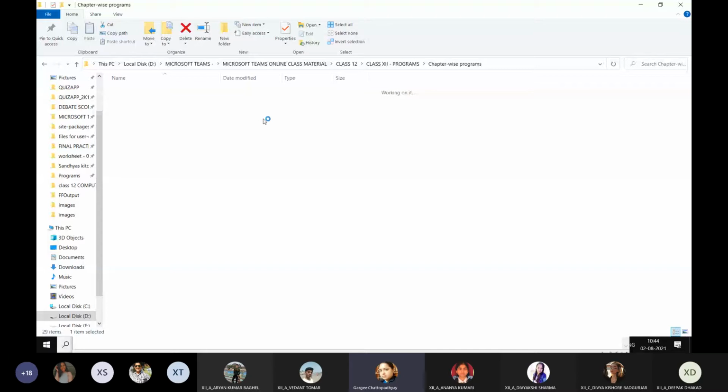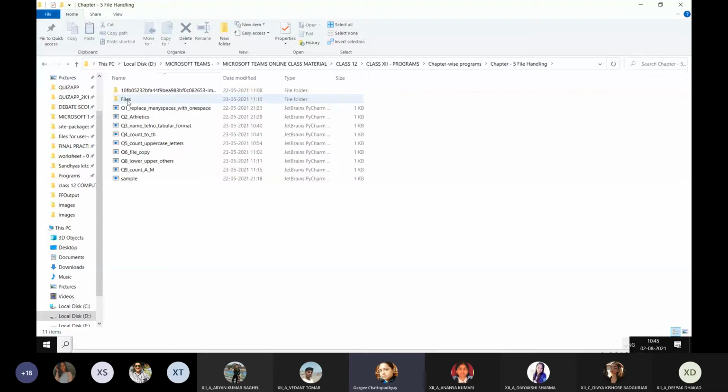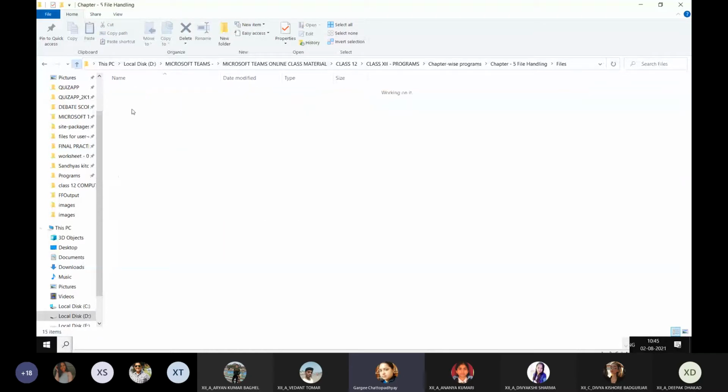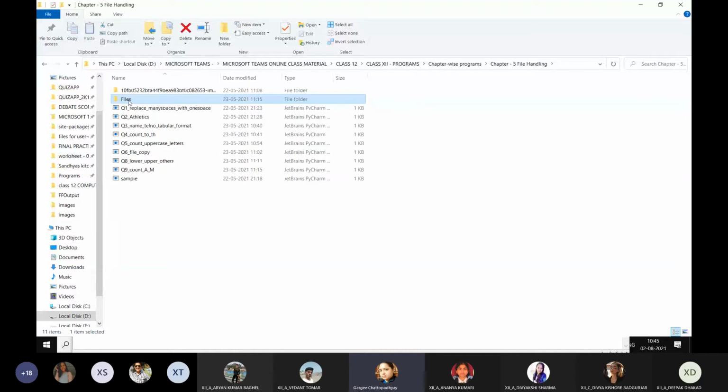And within that I have file handling, right? And within this I have kept a folder named files. For the time being, I will start with placing the files in the same folder as the Python program, because right now you are not very familiar with file handling. But in the subsequent lessons, we are going to replace that with what? We are going to start using relative addressing to specify exactly the location where we are saving the file.